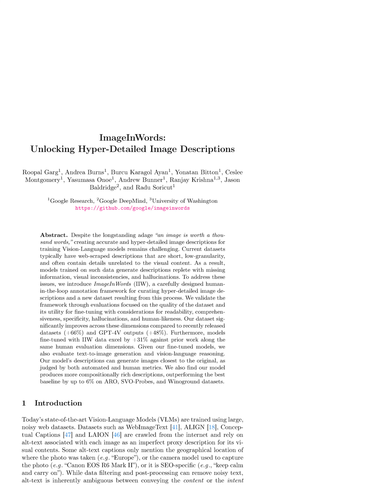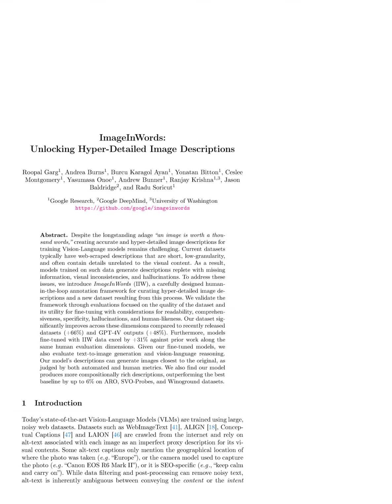The specific problem that the proposed method, ImageInWords (IIW), aims to solve in the field of vision language models (VLMs) is the limitation of current VLMs that are trained using large, noisy web datasets with alt-text descriptions from the Internet. These alt-text descriptions are often ambiguous, incomplete, and prone to hallucinations, which hinders the model's capabilities in understanding and describing